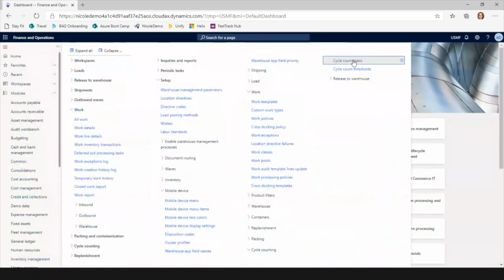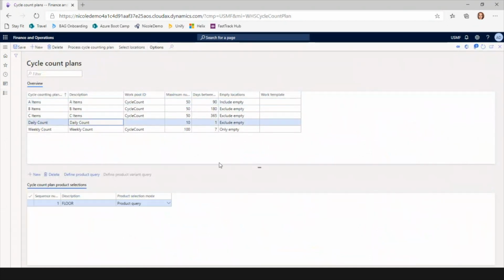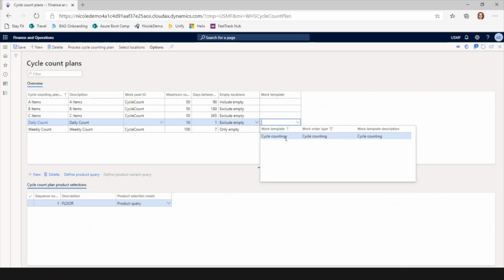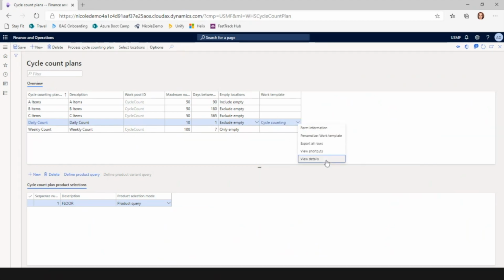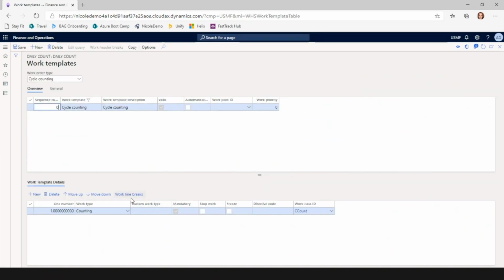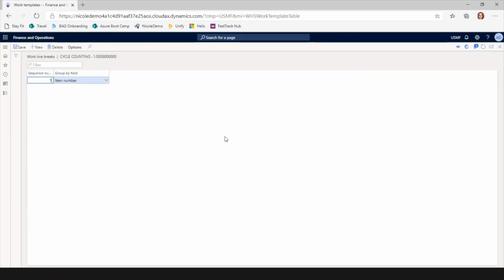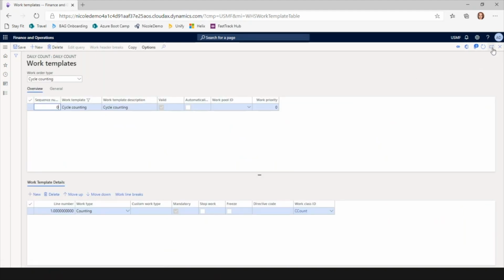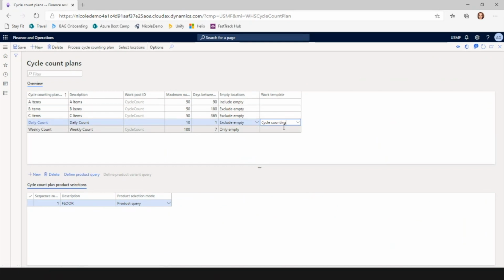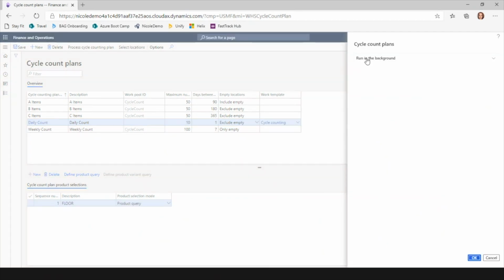And we're going to go back to the cycle count plan, and our resolution that we mentioned was to verify our work template is associated to our plan. So I'm going to select my work template here. And then I'm also going to show that work template, the other resolution is to verify that the work line break on that cycle counting work template is set up to group by the item. So that will give us our break by item, and having it specified on the plan, make sure that that work template is being utilized when this process is run. So if we rerun the process,